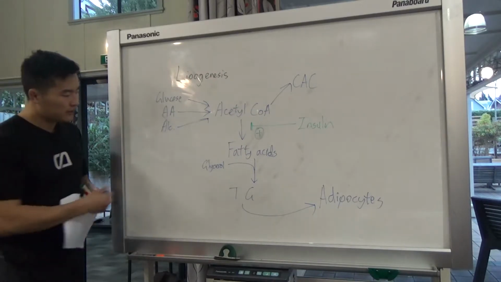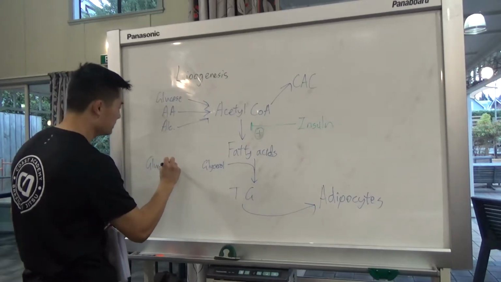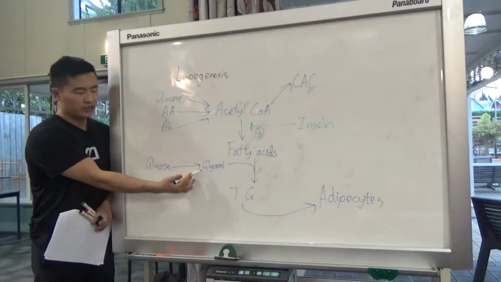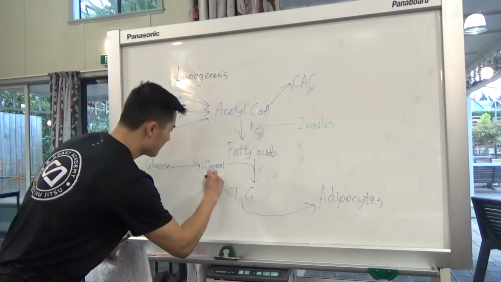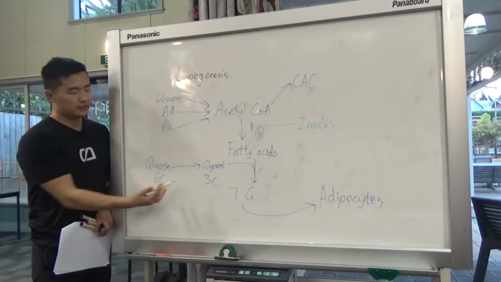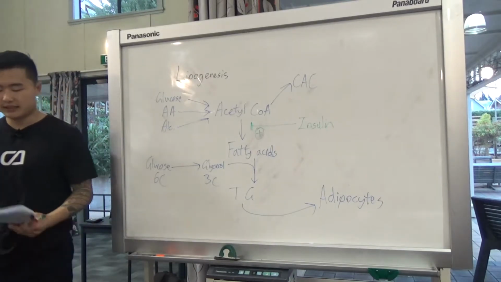The glycerol can be formed from glucose. So glycerol is a 3-carbon molecule, and glucose is a 6-carbon molecule. So if you split glucose in half, you get glycerol. There's a few more steps involved in that, but